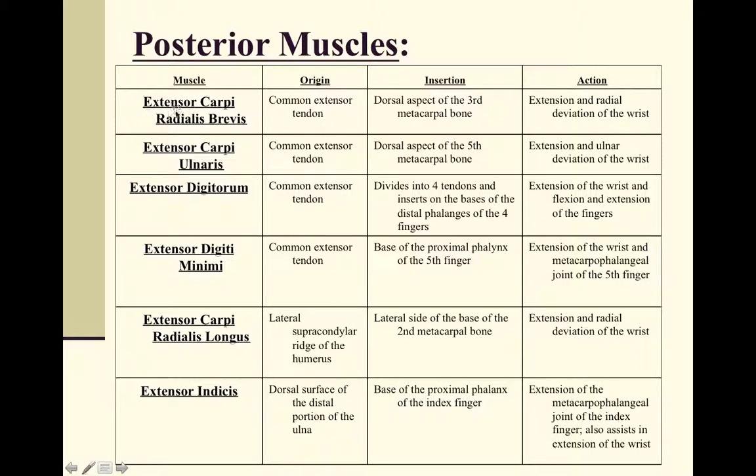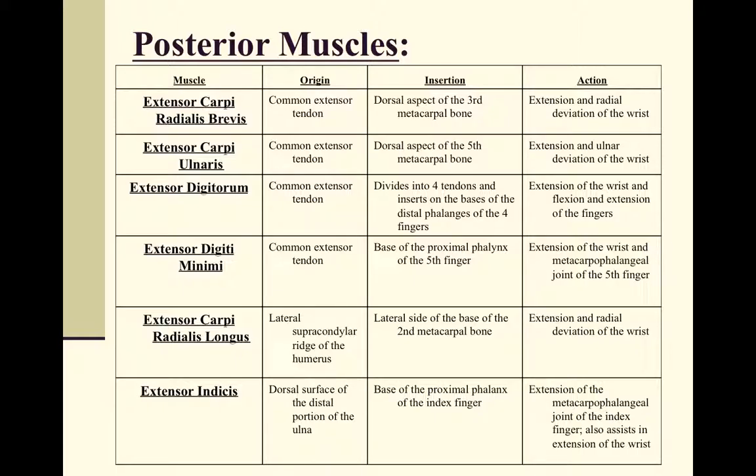movement we talk about. So carpi radialis brevis is going to do extension and radial deviation. Carpi ulnaris, extension and ulnar deviation. Extensor digitorum is going to extend the wrist and the fingers. Extensor digiti minimi goes only to your fifth finger. So it does affect wrist extension, but it's also very active in extending your pinky. And you can actually see it if you really extend your pinky kind of hard, you'll see it popping out